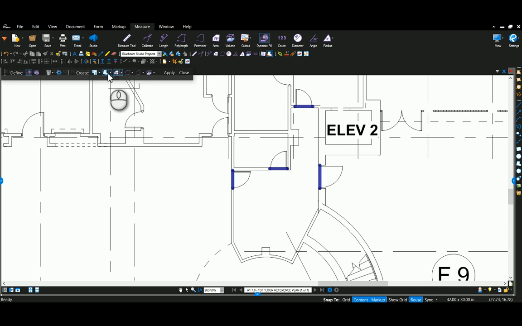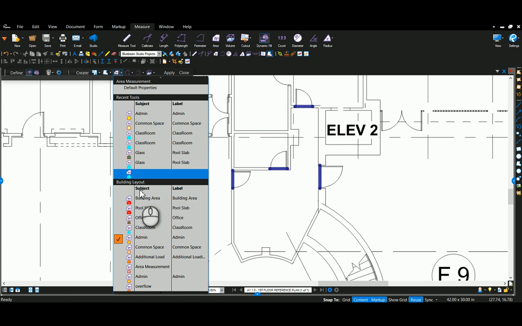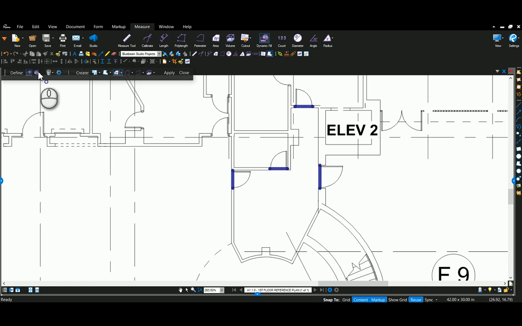I could also do a polygon markup, an area. You'll see that that one is highlighted blue. That means I'm going to use that one. Poly length, perimeter, and volume if you wanted to get that as well. So like I said, I'm going to use the area command. So I'm going to do the pull down here, and this is where it accesses all of those tool sets that I had loaded off to the side. So I'm going to select admin. This is going to be an admin space, and then I'm going to come over here to my fill tool,